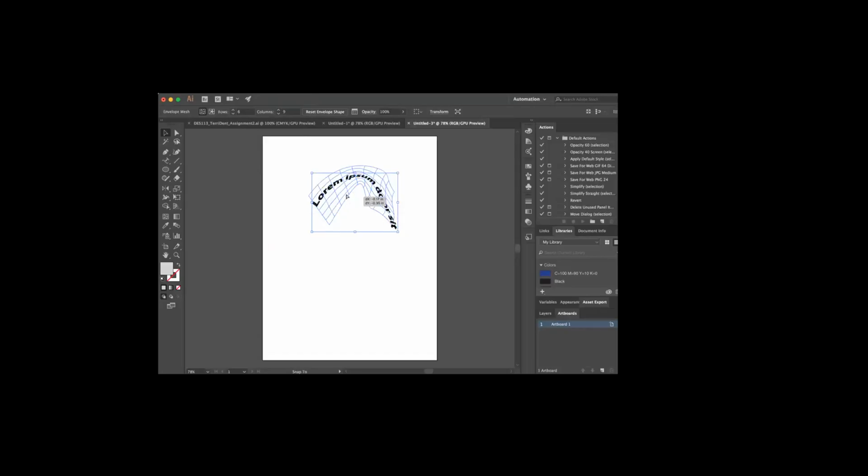There you go. And now if you grab your direct selection tool, you can grab any one of those little blue anchor points that are close to your lettering, and it will kind of allow you to, there you go. Yeah, there you go. And that gives you a little bit more control over the distortion of the letters. So play around with that a little bit, and this will be a fun exercise that we can apply to our portrait illustration. Perfect job. Great job, Terry. Thank you for sharing.